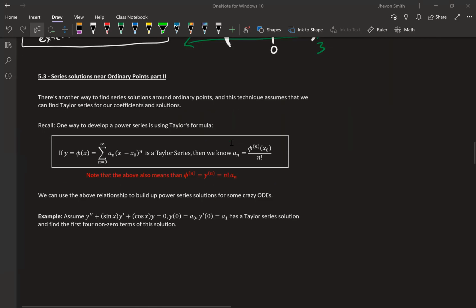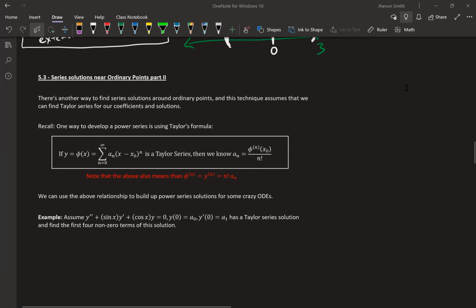Here's another way to find a series solution. You can actually use what we know about Taylor series. So remember, this is again way back in Calc 2, but you can generate a power series for a function by using Taylor's formula. This means you assume that the coefficients look like this, right? So you might remember this from Calc 2 in the form